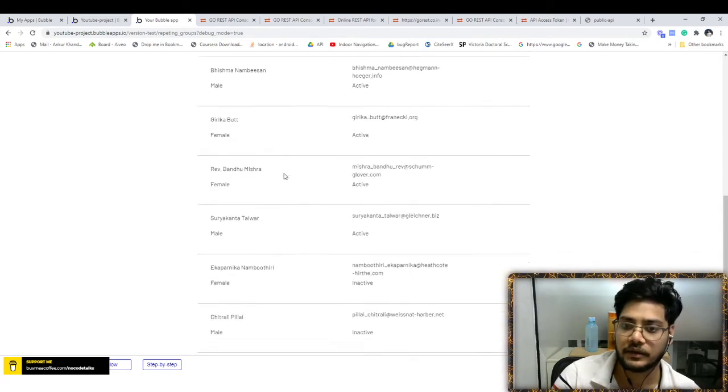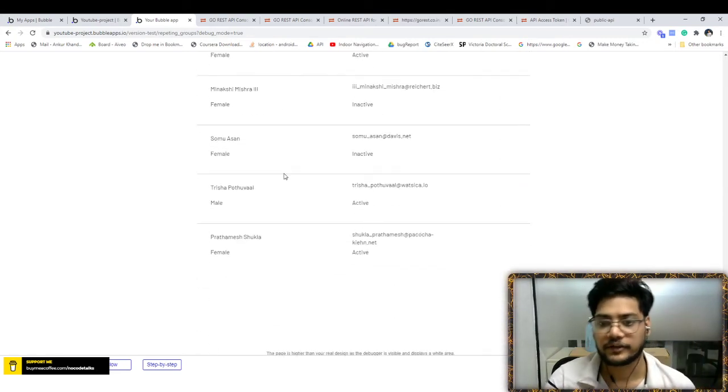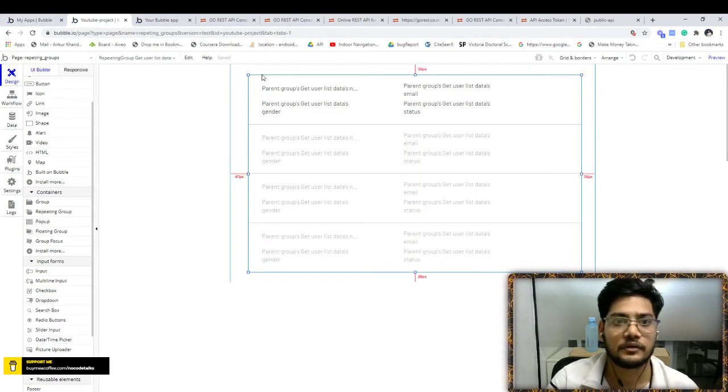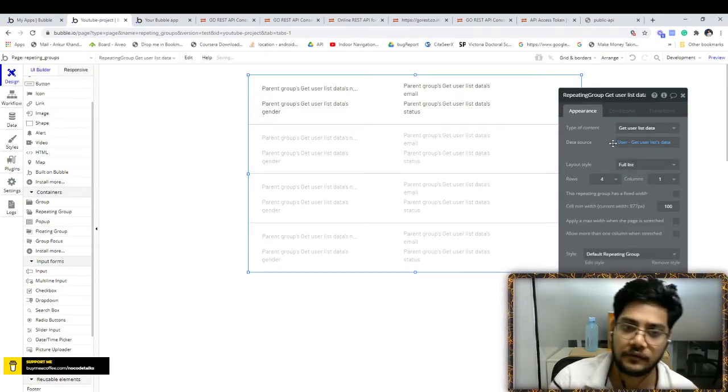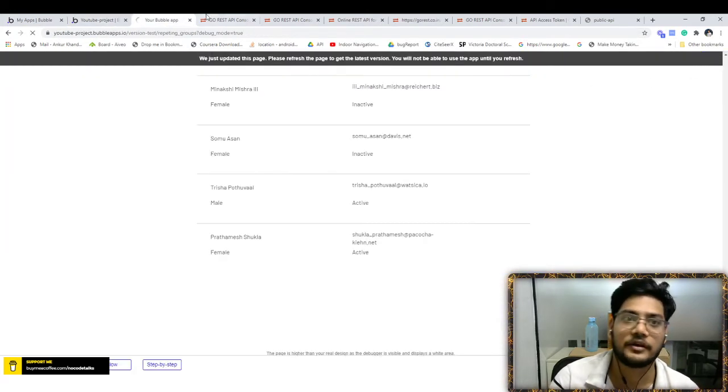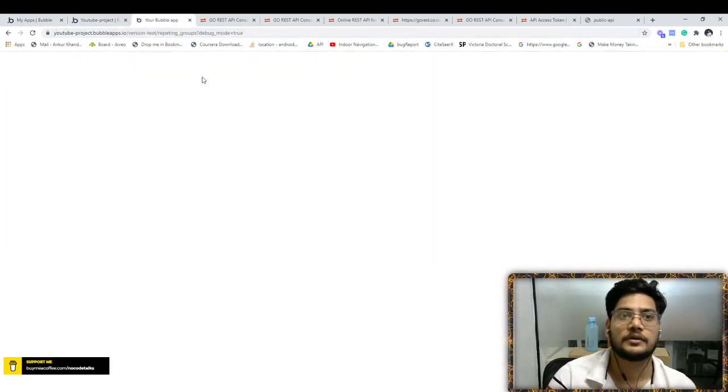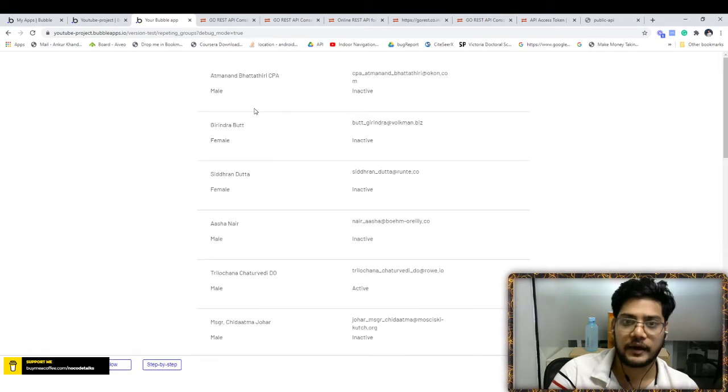But here it automatically loads the complete view. You can change it to full list, which fetches the complete list in one go.